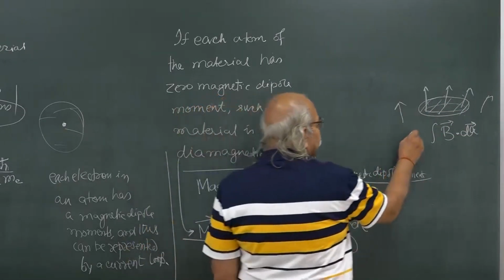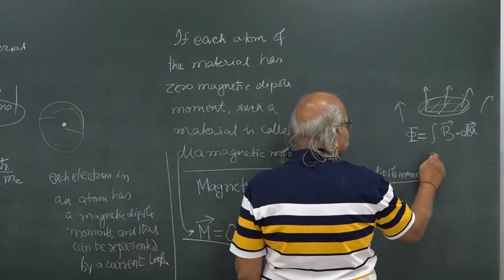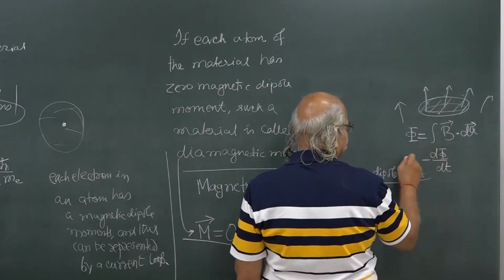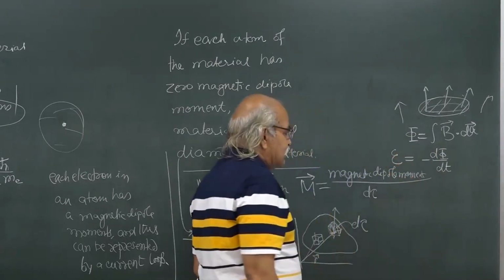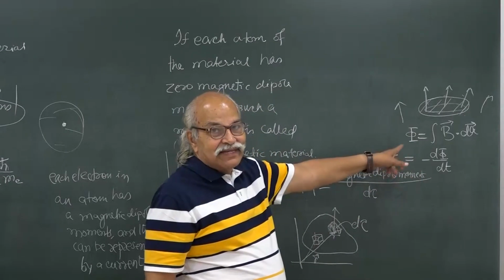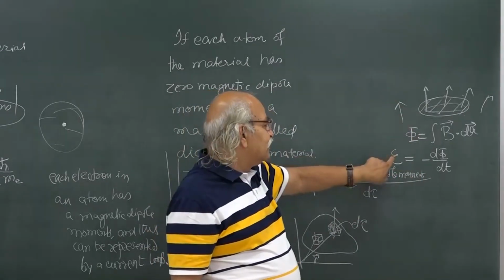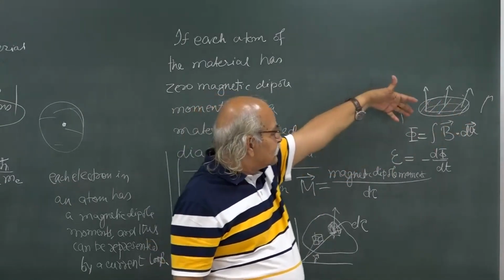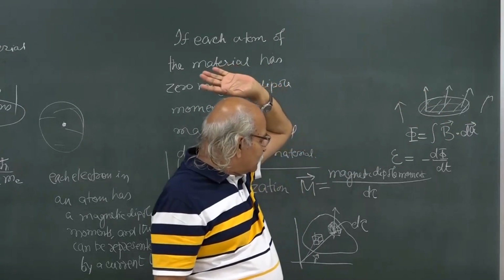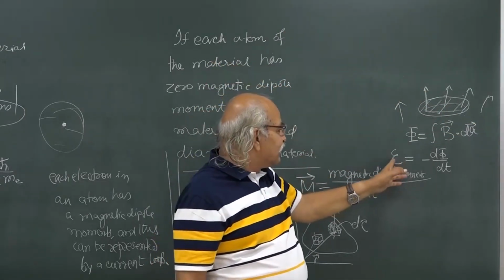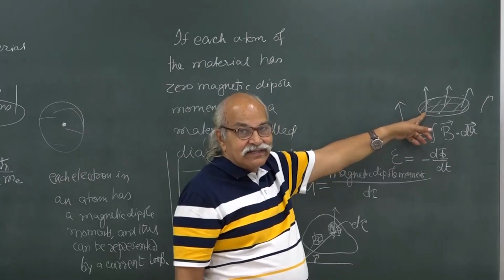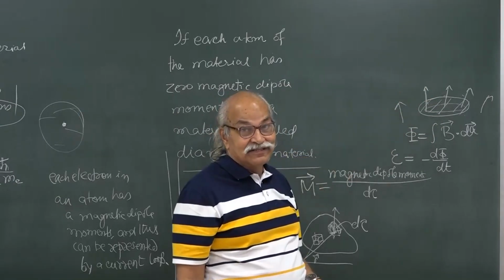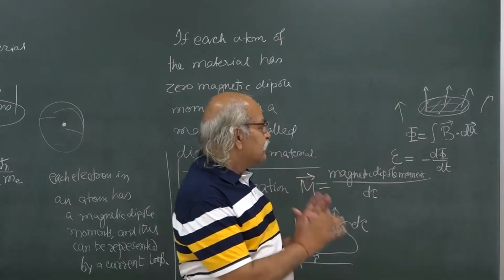okay, and if this flux changes with time, then minus dΦ/dt is known as the EMF produced. A changing magnetic field will produce an EMF. If this magnetic field is changing, or this is creating something, we will talk more on that later sometime. But then an EMF is produced, and if the charges are there, then a current is induced. So if I just use that, and suppose I have an atom,